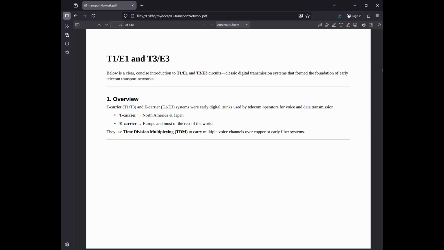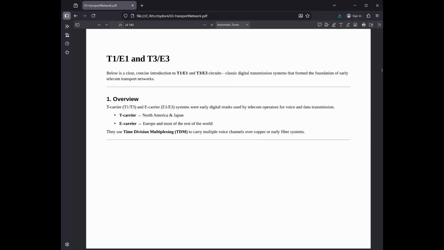T1/E1 and T3/E3. In the context of the evolution of transport networks we discussed, T1/E1 and T3/E3 represent the foundational digital pipes of the early era. These technologies were the first to move the telecom world away from analog circuits toward the digital systems we use today. T1 and E1, the standard digital trunk developed in the 1960s by Bell Labs, were designed to replace